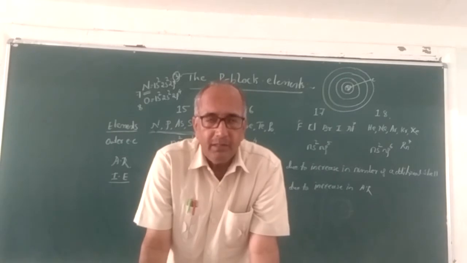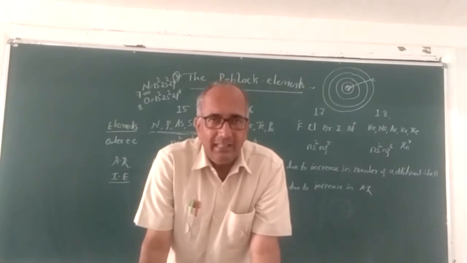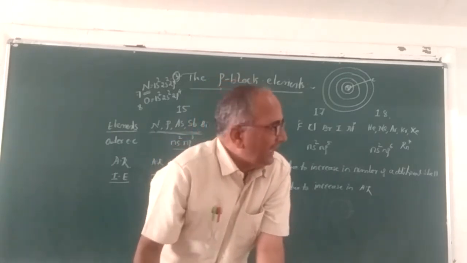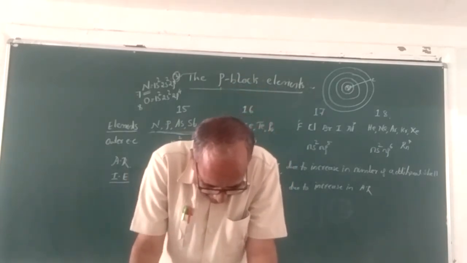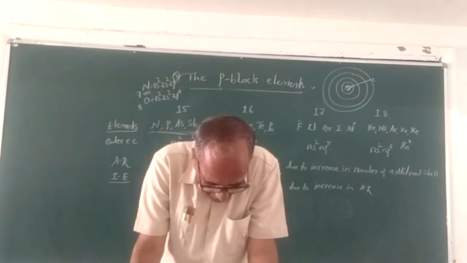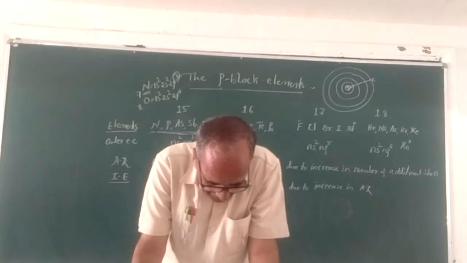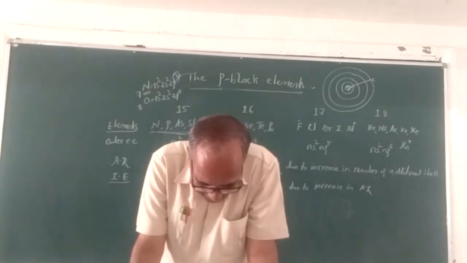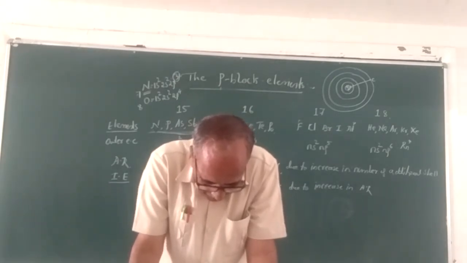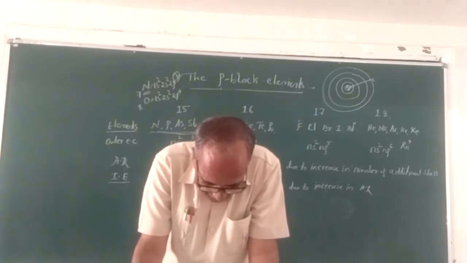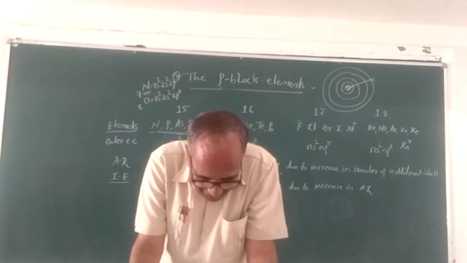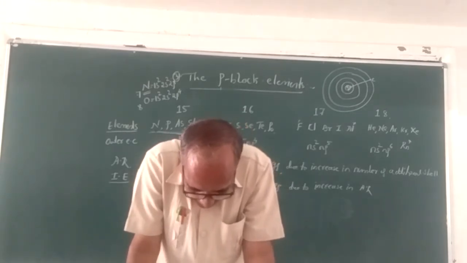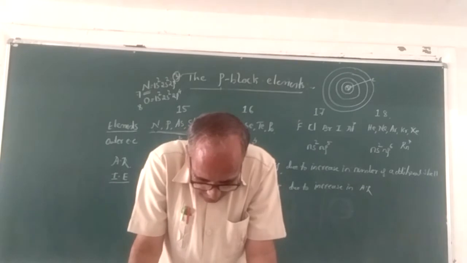Similarly, all the noble gases have higher ionization enthalpy than the other elements. Because of the extra stability of the half-filled p orbital configuration, the ionization enthalpy is greater than that of the 16th group element, and the 16th group elements have lower ionization values compared to the 15th group element. Then they have little tendency to lose the electron.